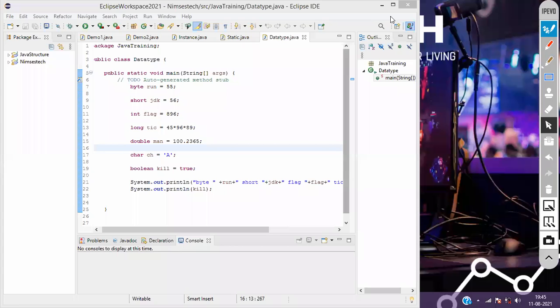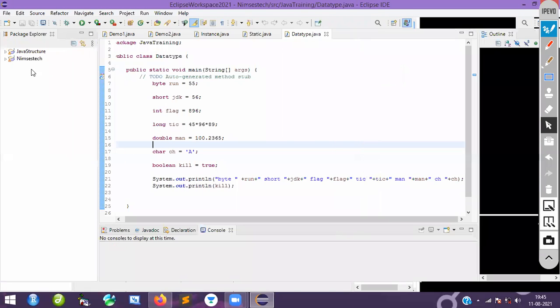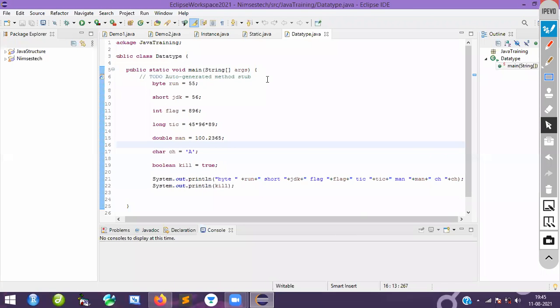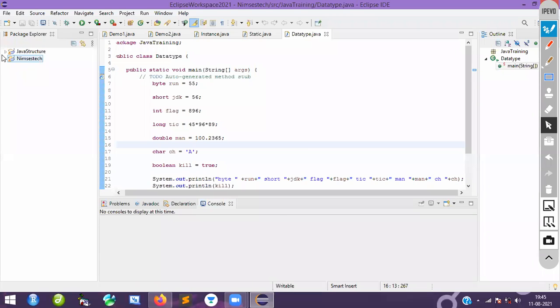Okay, we will start this one. Very simple one. I will show you. I think you people understood what this data type is, and again what this length is, all those things. Now see the magic, guys.